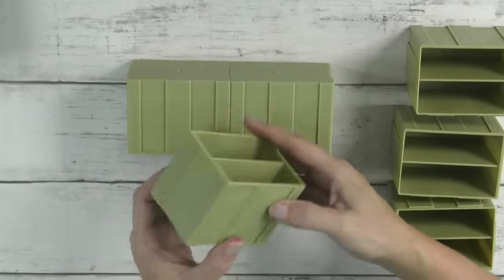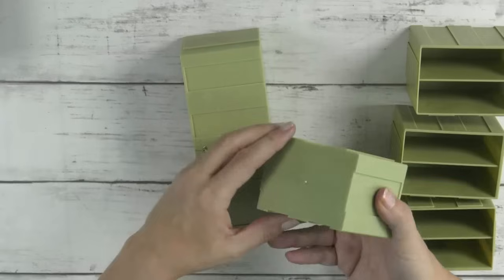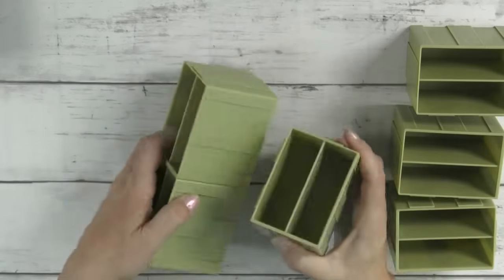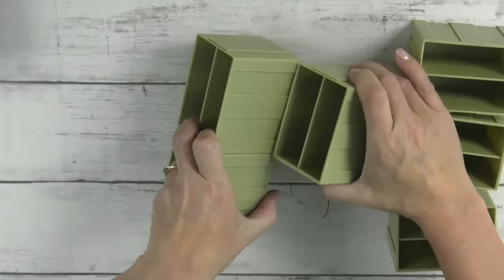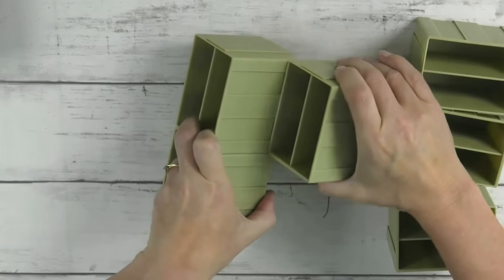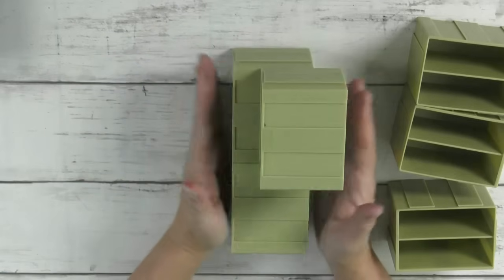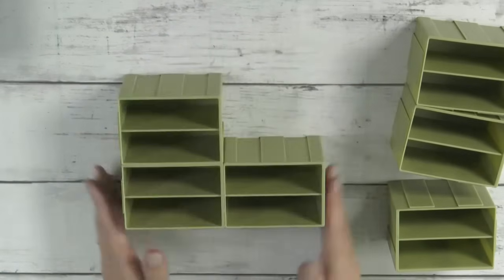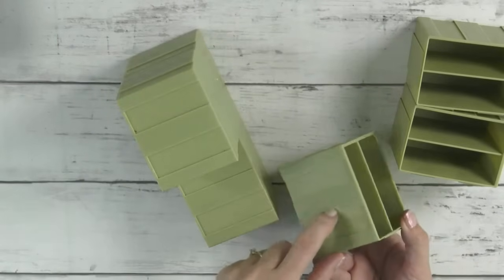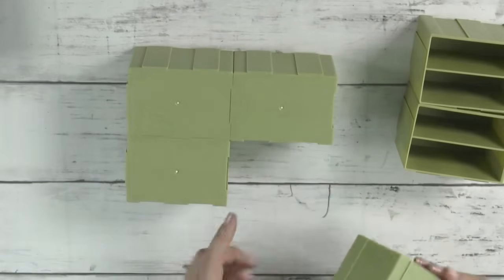And then the next one, you'll see here, these are indented with the solid piece at the front. So you need the piece that is not indented, or the piece that's protruding, and then you'll do the same. Now I have to get this at an angle so I can see what I'm doing, because it's at the top. And then you slide that in. If you find it's tricky to slide in, maybe a little bit of Vaseline will help. There you go. And now you can see that's like so. We'll put the last one on, and you've got the indents and the protruding pieces, and of course you've got this piece to contend with. So I tend to sit it like so,